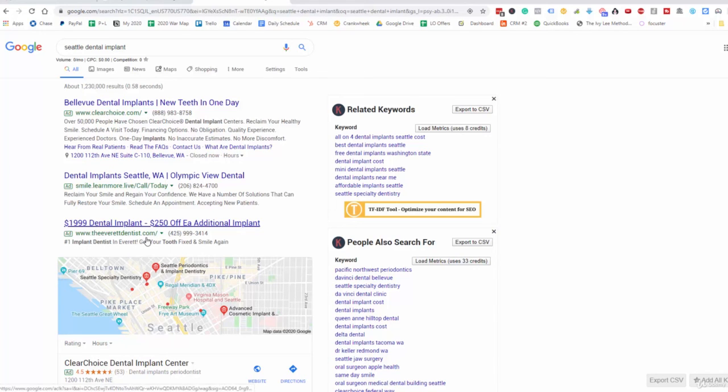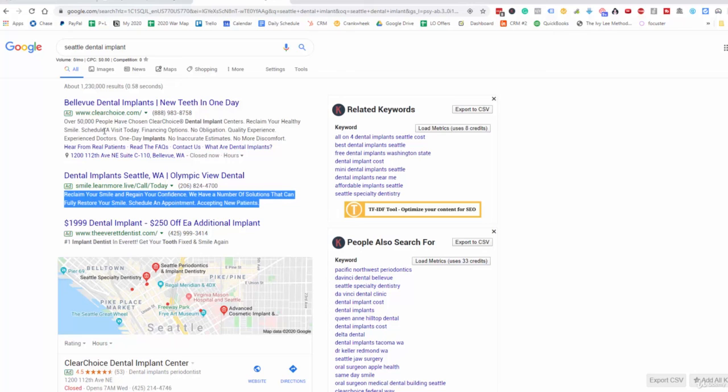And it's very straightforward. And obviously they're up here number 2 and 3 because they're probably bidding a whole lot. However, as you notice, this one here at the very bottom, number 3, only has 1 line in the description. Here they have 2 lines, and then here they have 3 and several call outs, which makes sense because the first choice here is providing the best possible experience, right,